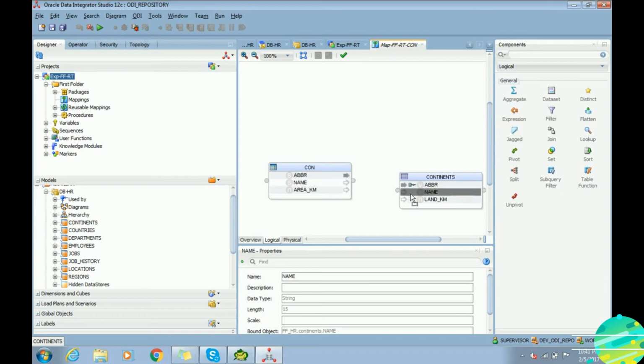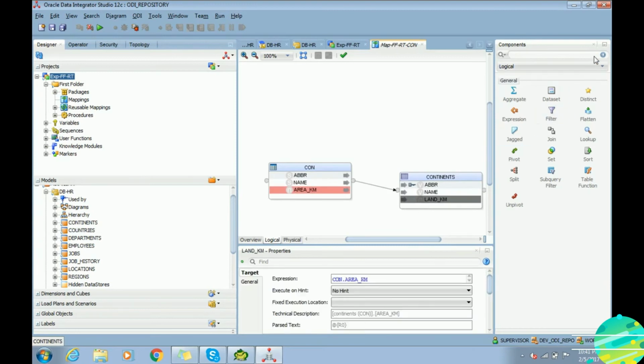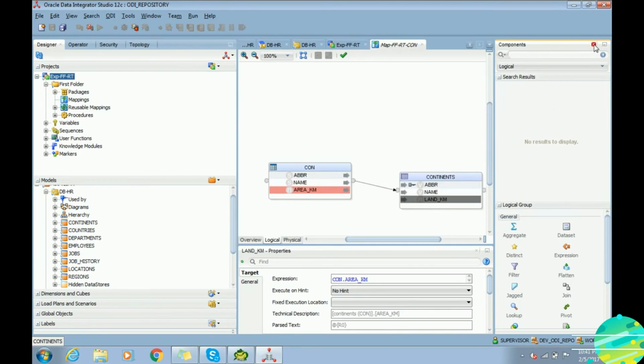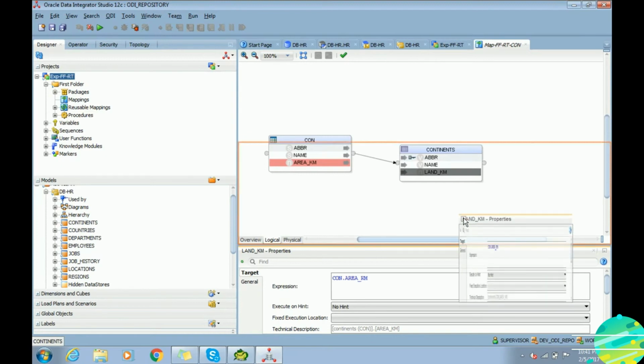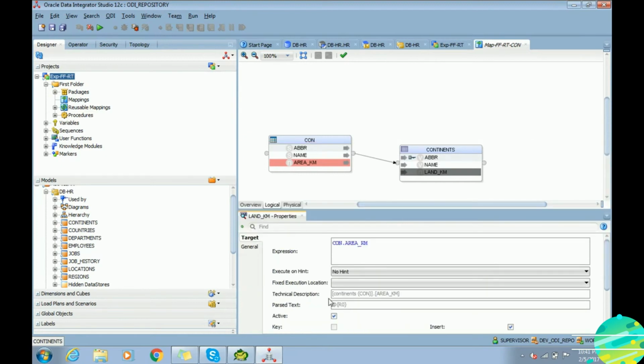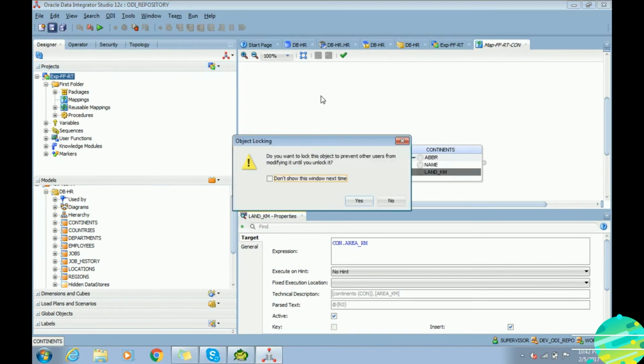Same thing we are going to do for name, and same thing we are going to do for area kilometer, mapping it with land kilometer. Under the diagram there is a properties panel, and that panel shows all the properties, the joins, everything.